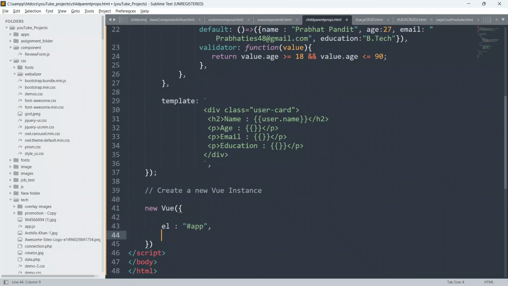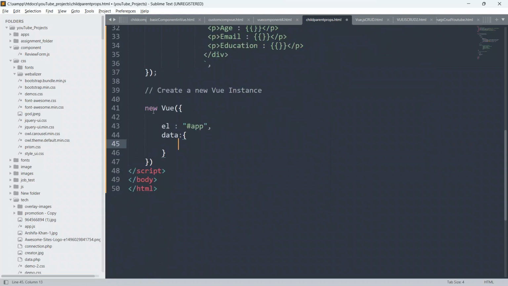Here I'm going to define the data properties, so put a colon and open and close curly braces, and inside this I'm going to define the custom data, or the custom information about the user, in the parent component. This Vue.js instance is known as the parent component.